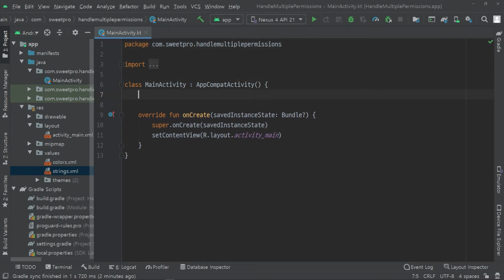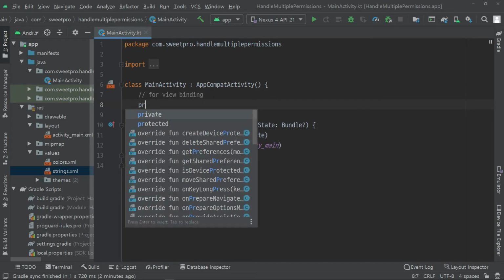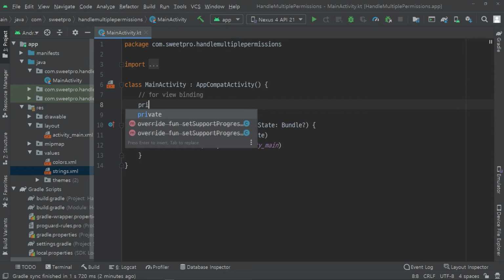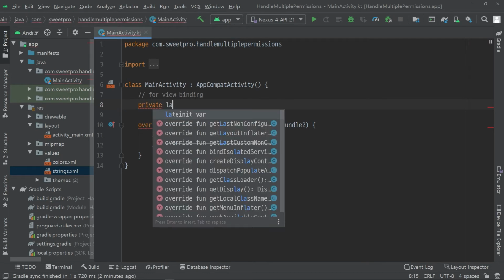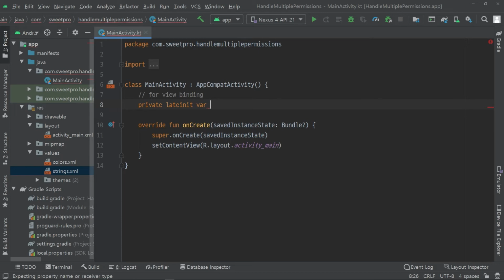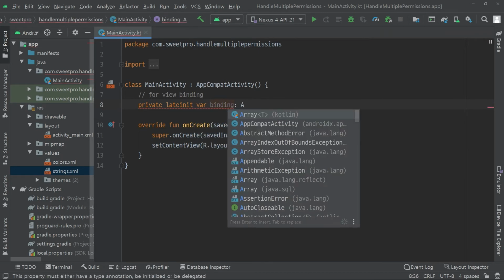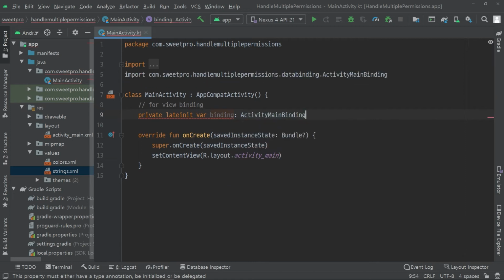This is code for using view binding. If view binding is enabled for a module, a binding class is generated for each XML layout file that the module contains. Each binding class contains references to the root view and all views that have an ID.